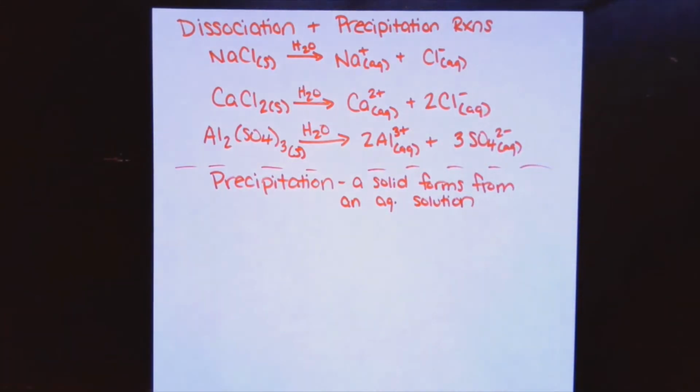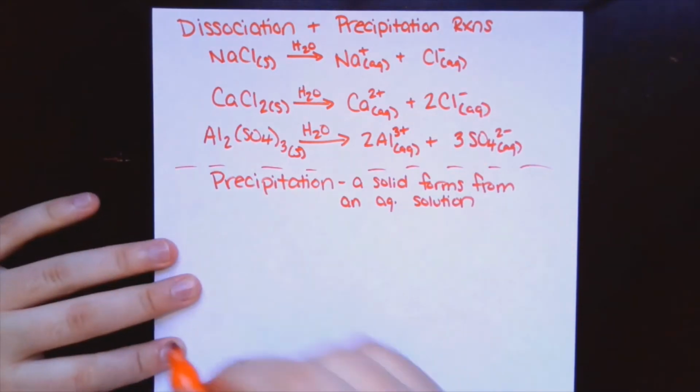So what you want to look for to identify a precipitation reaction, and you will sometimes have to identify reactions as precipitation, basically, you want aqueous reactants coming together to form at least one solid product. So for instance, let's say we have